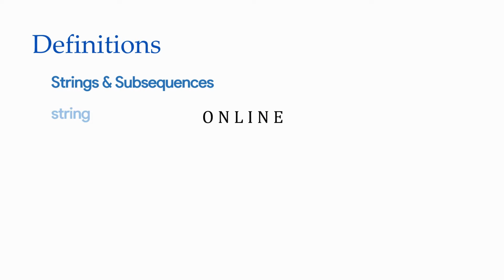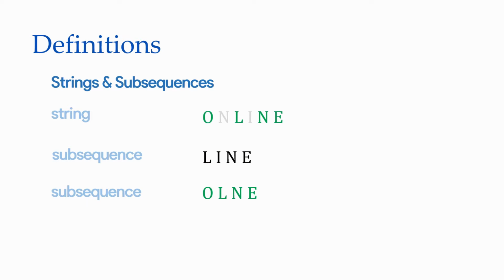The longest common subsequence problem is a fundamental string similarity measure, and here a string is just some sequence of characters from an alphabet. For example, the word online is a string from the English alphabet. A subsequence of a string is just a string formed by deleting some characters from that original string. For example, line is a subsequence of online, but the sequence of characters O, L, N, E also forms a